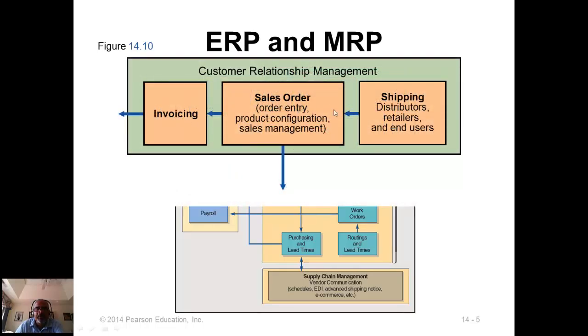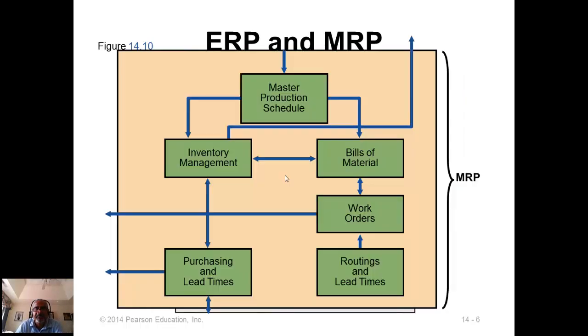Here is the top part, where you have the sales orders from our customers, invoicing on one side, shipping and distribution on the other side. And the sales orders will then be used to prepare the master production schedule. The master production schedule will then drive the MRP. So this is the MRP part. We already looked at this. So the master production schedule, bill of materials, and the inventory management, purchase orders to the vendors, and the production orders. So this system manages everything to do with the inventory.